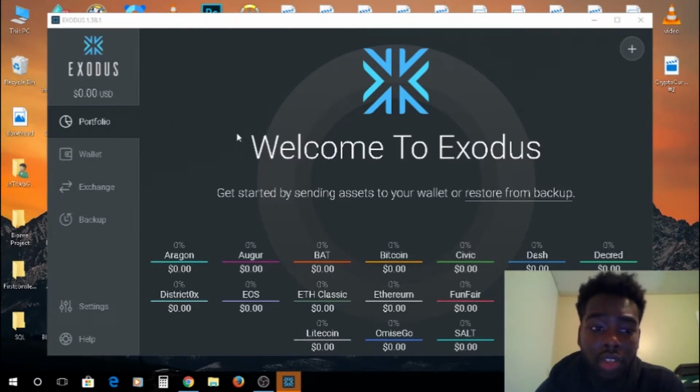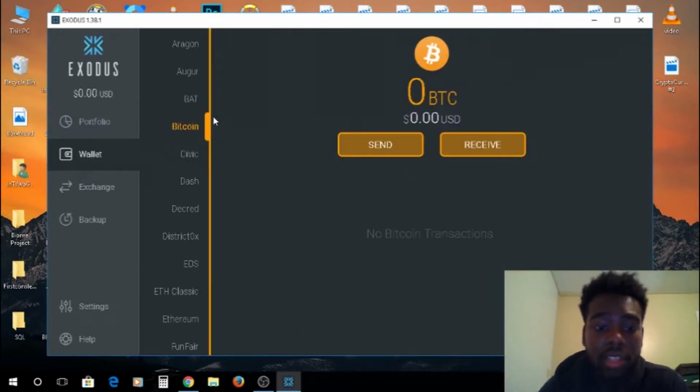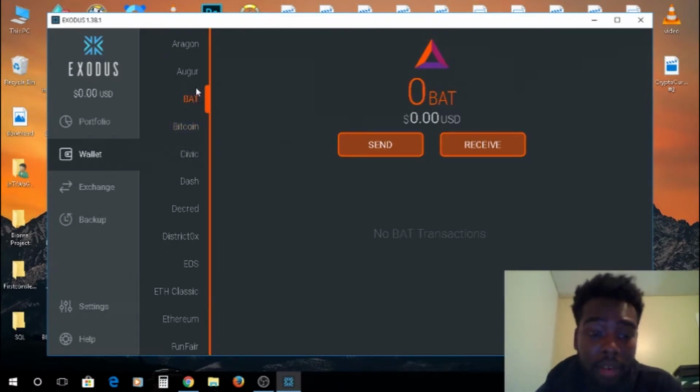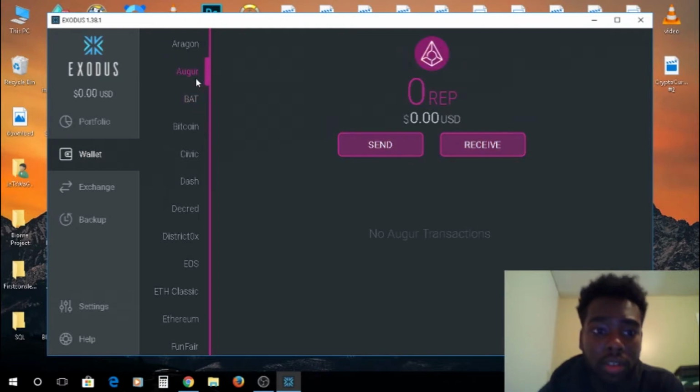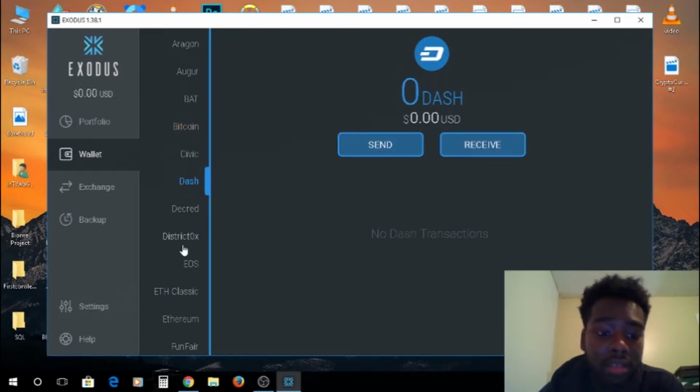And then it also shows you a percentage on each, how much in total, how much each of your currencies are taking up of your total USD, which is pretty cool. So if you go here, you can see the different currencies that we have that are supported by Exodus. So we have Aragon, Augur, BAT, Bitcoin, the main one, primary use that I use, Civic, Dash, EOS,